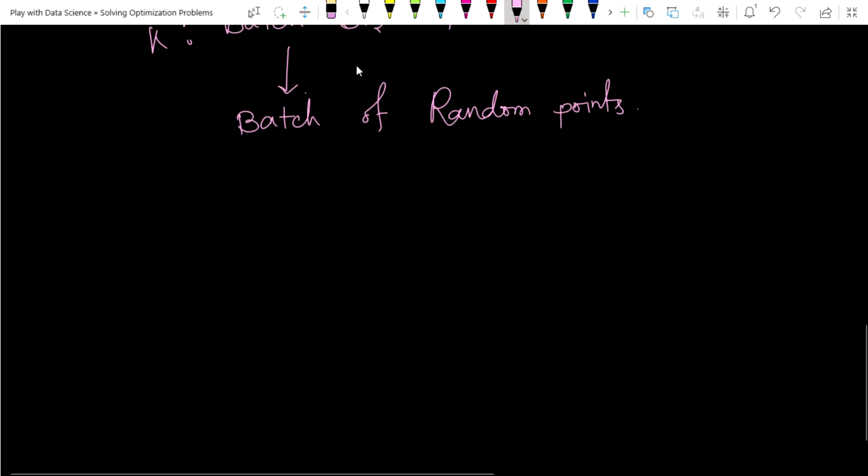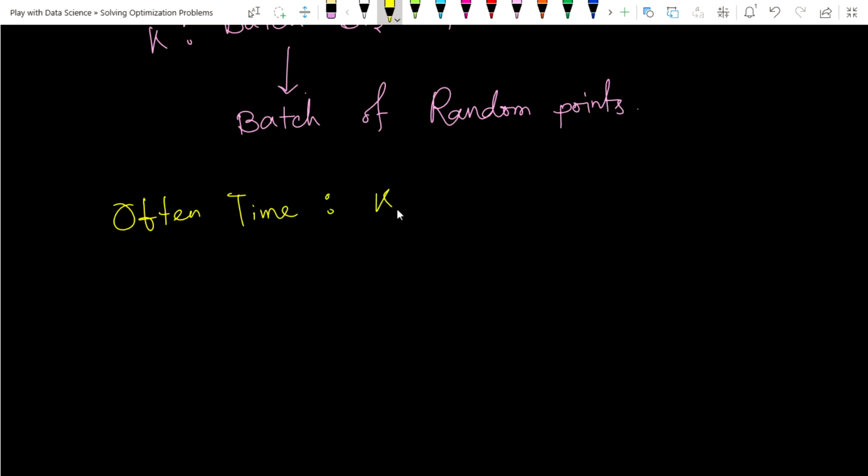Oftentimes, in my knowledge, I also see in many blogs and books that they write SGD when they are taking k is equal to 1. Oftentimes we have seen that when k is equal to 1, then this technique is called only the stochastic gradient descent technique.